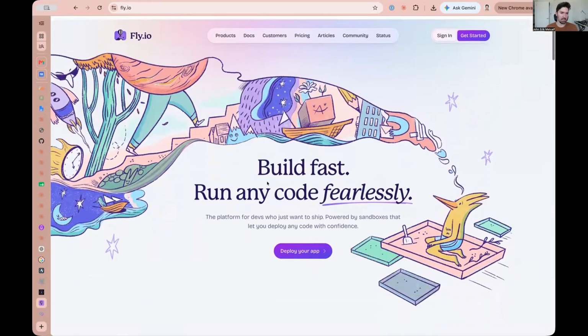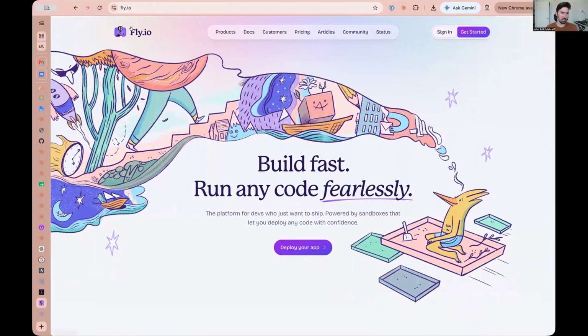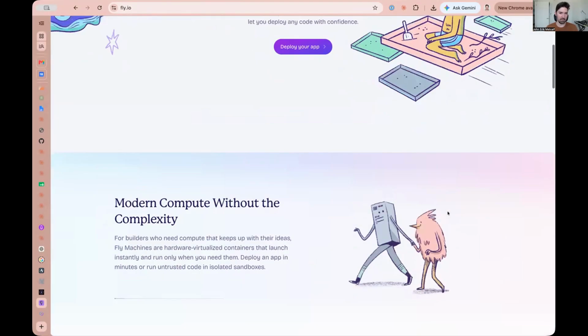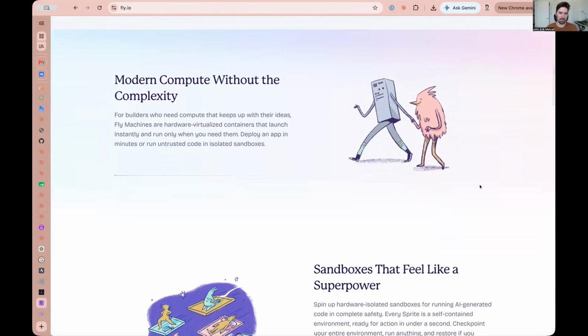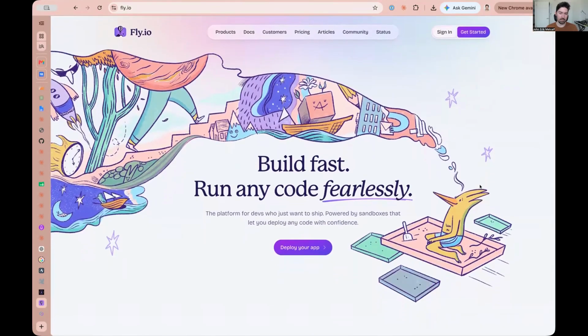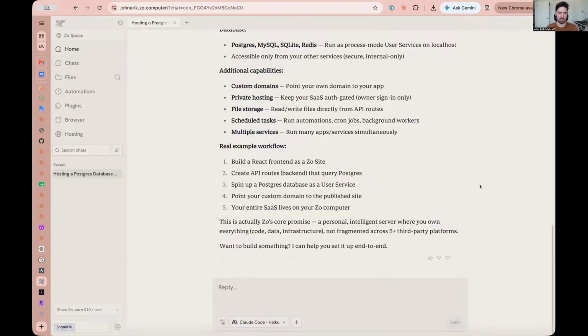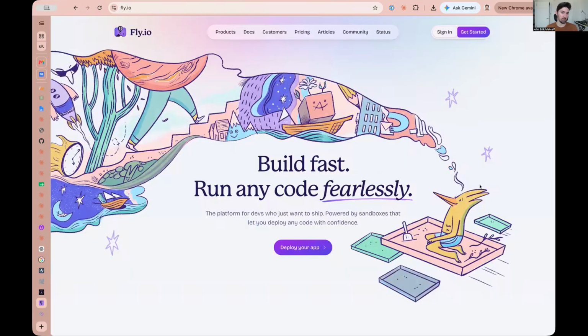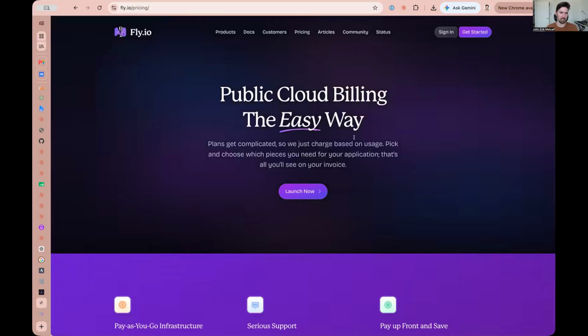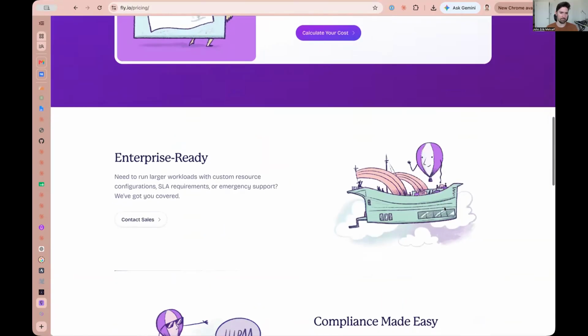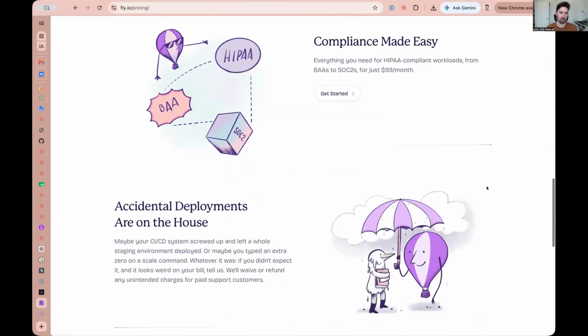The next thing I saw that I didn't look at too deeply, but is fly.io. A friend of mine said that he's hosting his own kind of company brain or a personal brain. He said he was originally thinking he would use Zoe Computer, and then he just rolled his own and hosted it on Fly. Since I had not heard of this website, I'm curious to hear what you think about it.